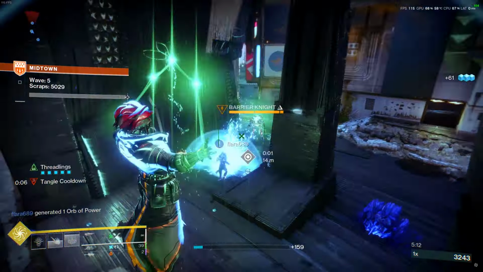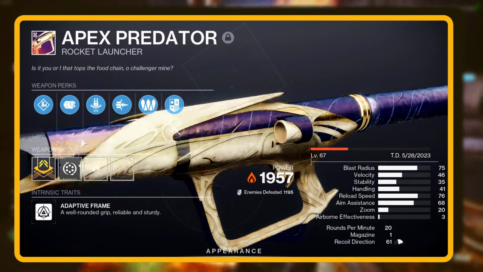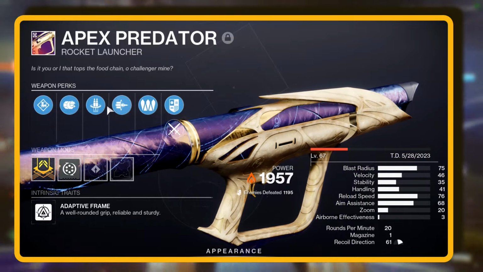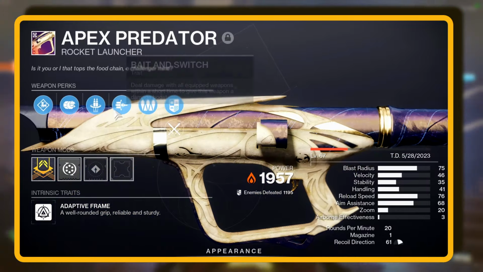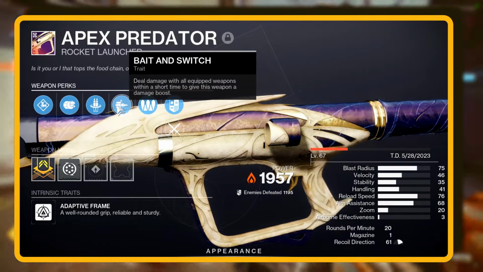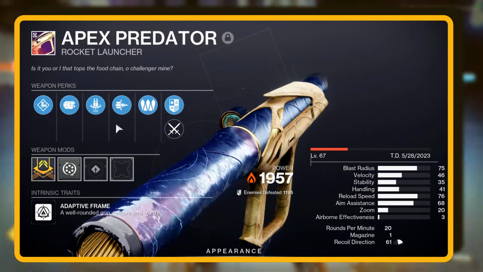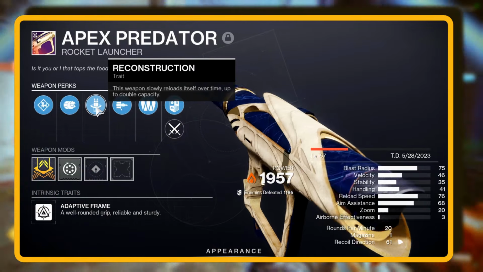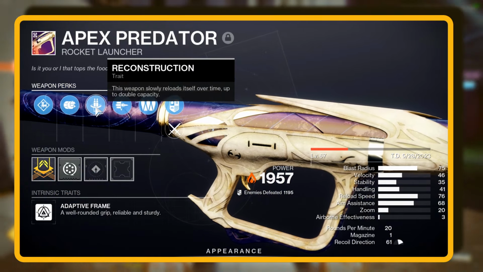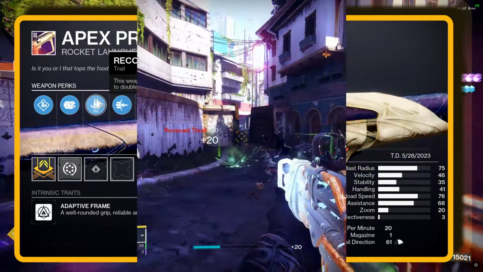For heavy firepower, we're bringing Apex Predator, a rocket launcher with the Bait and Switch and Reconstruction perks. Bait and Switch delivers a massive damage boost after cycling through all your weapons, making it an excellent choice for dealing with bosses or champions. Meanwhile, Reconstruction automatically reloads the launcher over time, ensuring you're always prepared to fire without worrying about running out of